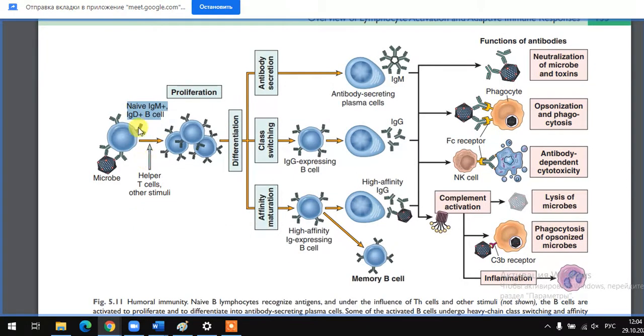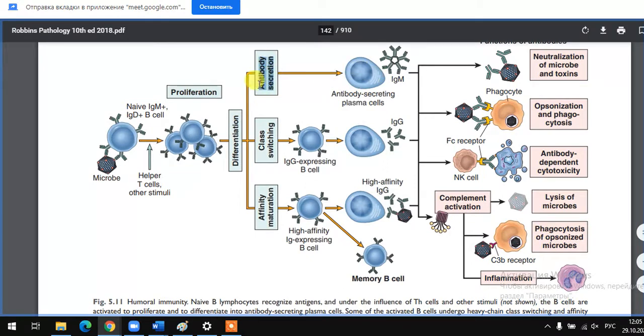For instance, this B cell, which is activated by a microbe, or might be activated by helper T cells or other stimuli, causes the proliferation of this B lymphocyte, and this proliferation causes differentiation. And we have different B lymphocytes producing different classes of immunoglobulins. There might be antibody secretion,